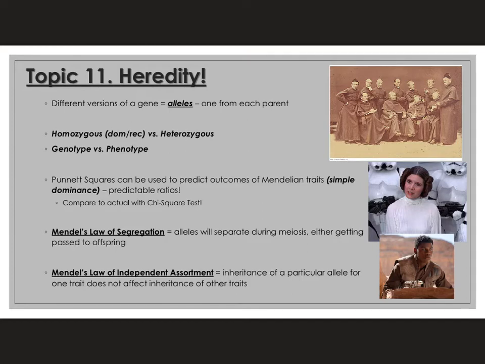Here's my favorite picture, right, with Gregor Mendel and his very disappointed-looking face with his pea plant and all the cool other monks hamming it up for the picture. But remember that Mendel looked at pea plants and laid a groundwork for modern genetics. He did not know a lot of the stuff that we now know, and he didn't use a lot of the terminology that we now use, but he's the one responsible for getting things started. And what he looked at are different versions of factors, right, which today we call genes. And these different versions are called alleles,